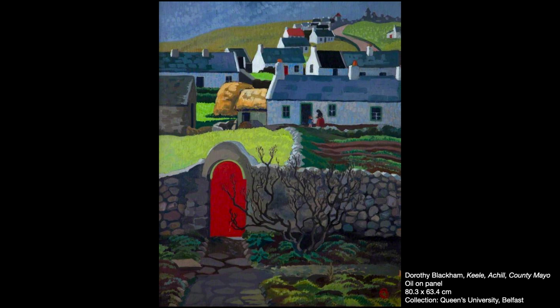So the work that we're looking at right now is one of my favorites of her works that I came across. It's part of the collection of Queen's University Belfast, and it shows Keel, Achill, County Mayo. And I think that this is perhaps a particularly interesting work to look at of Dorothy Blackham's because of some of the criticism, I suppose,